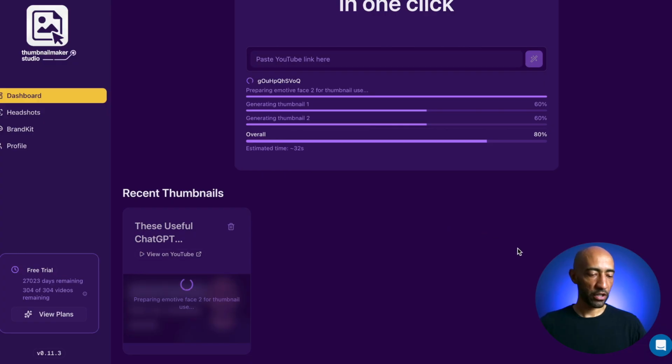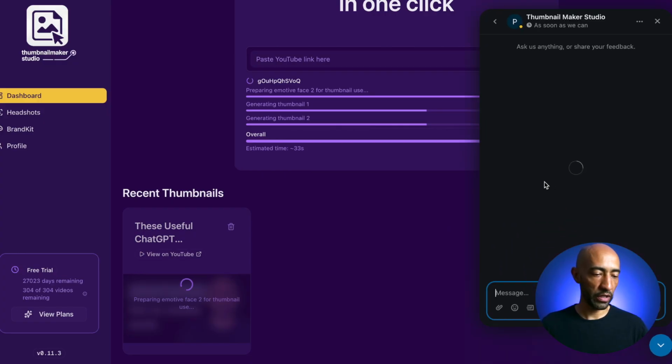While that is running, a section that I did not mention previously is the support icon over in the bottom right corner. So when you click on that, a chat box will open up and you can just type your message to the support team with any questions or anything that you may be having trouble with,